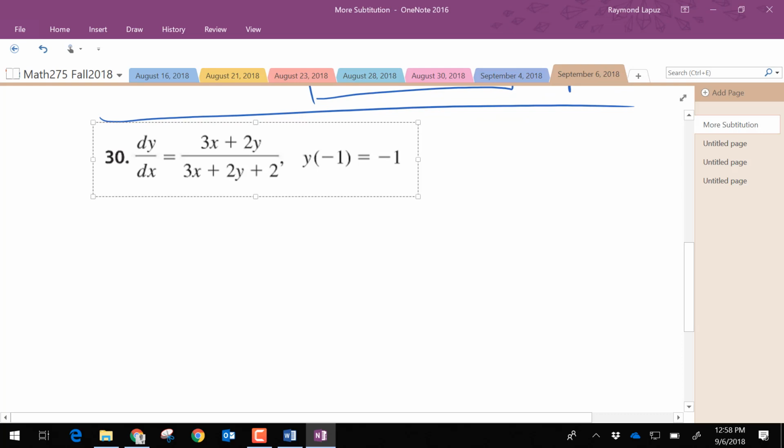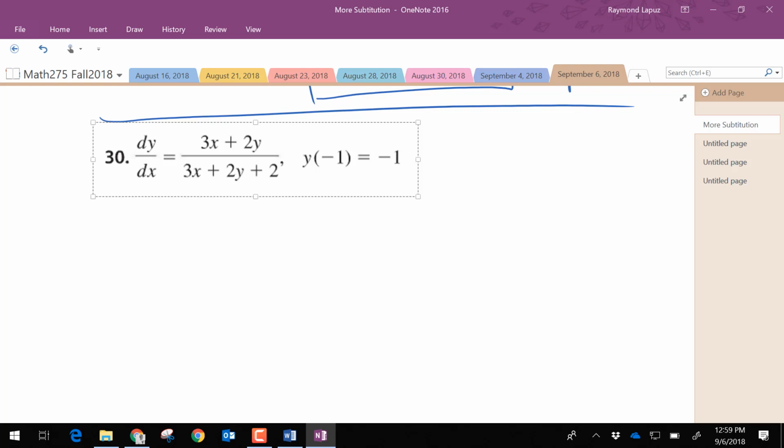So here we have dy/dx equals 3x plus 2y in the numerator and 3x plus 2y plus 2 in the denominator. And then we have an initial condition. After we solve for the general solution, we'll need to solve for the initial condition. And maybe we'll take a look at a graph of the solution. But for now, let's see what our